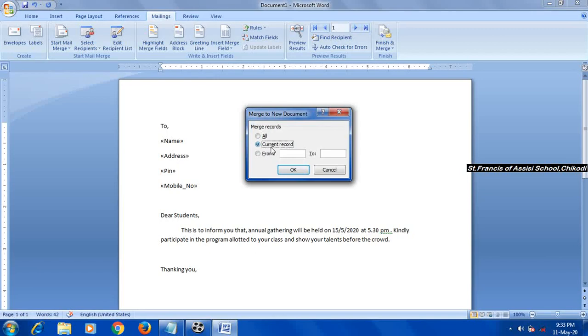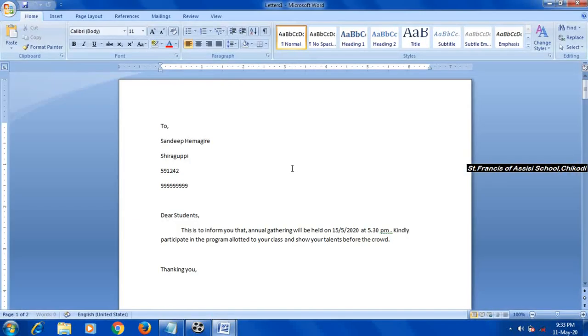If you want to generate the letter only for the current record, select the current record and click on OK. If you want to generate the letter for specific records, then you can give the values in the from and to boxes and click on the OK button. I am going to generate the letter for all the records in the database. I will select all and click on the OK button.